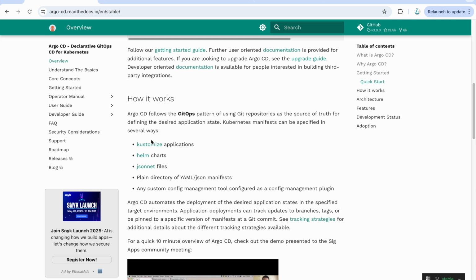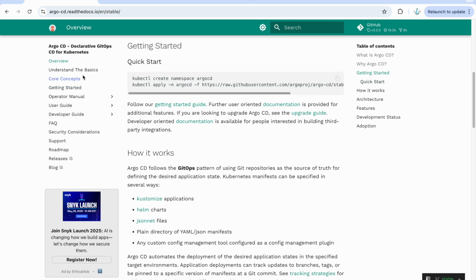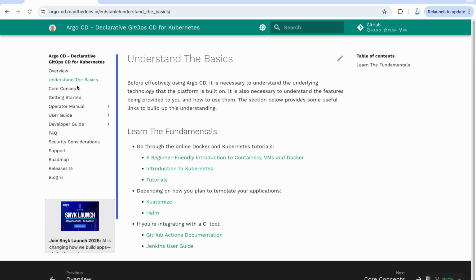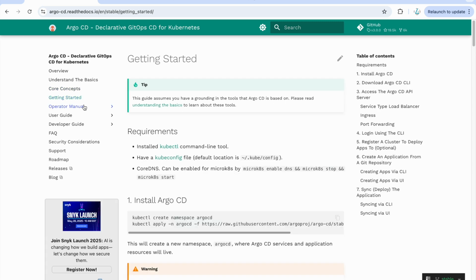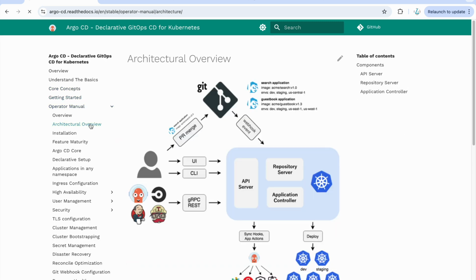Now let's look a little bit at the architecture side. How does Argo CD look from the architecture perspective? This is their official diagram.